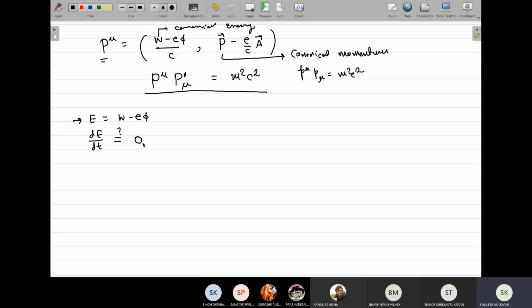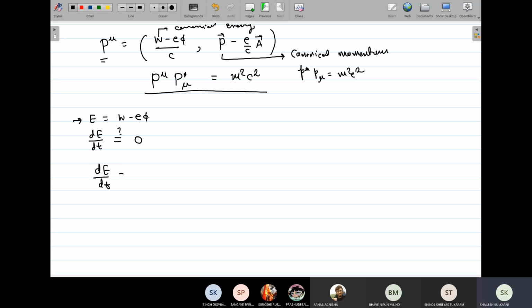Will I get 0 or not? No, sir. No. So what am I going to get? It's expected that the charged particle will have to do some work against the electromagnetic field, so some energy will be stored in the field. So the kinetic energy is not conserved. So if you calculate dE by dt,